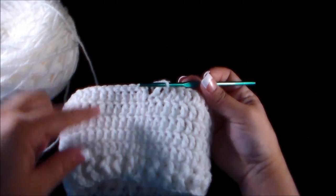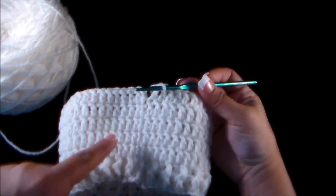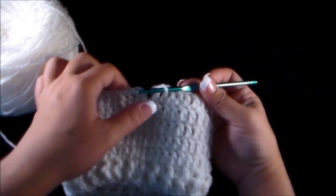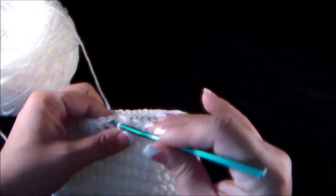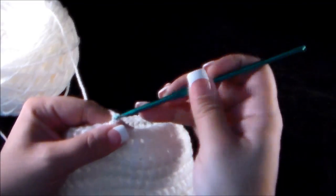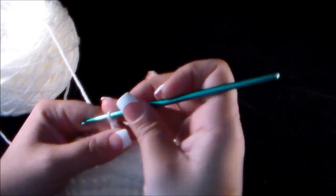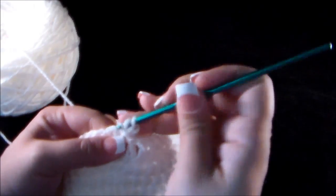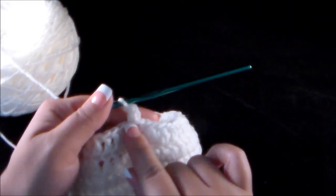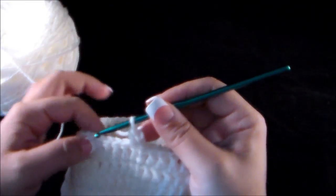So I finished to the 7th row. So 1, 2, 3, 4, 5, 6, 7. There's 5 rows of just double crochet going around. We're going to slip stitch to join and chain up 2. We're going to double crochet in the same stitch as the chain 2, and that's counted as our first double crochet. Now we're going to double crochet